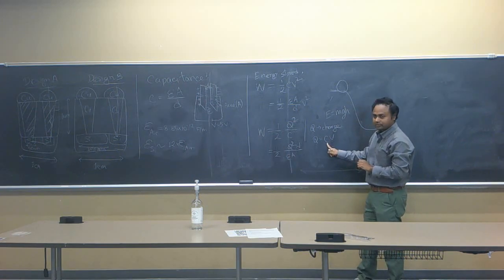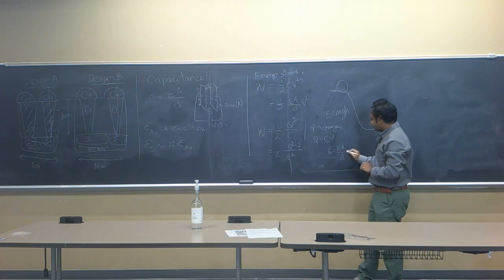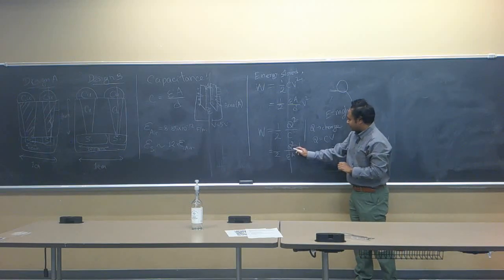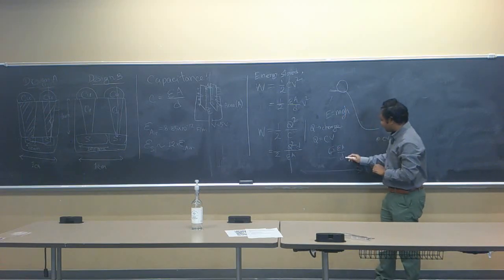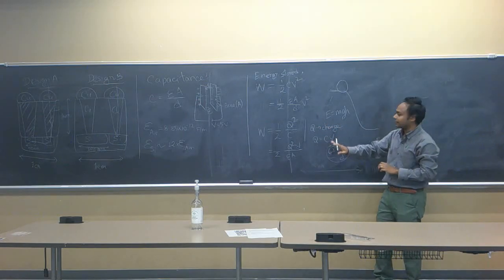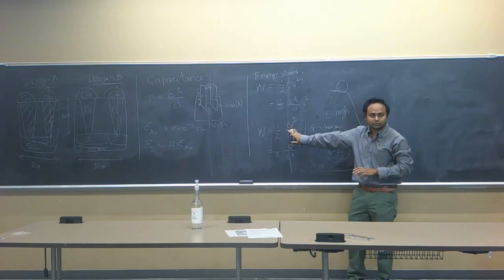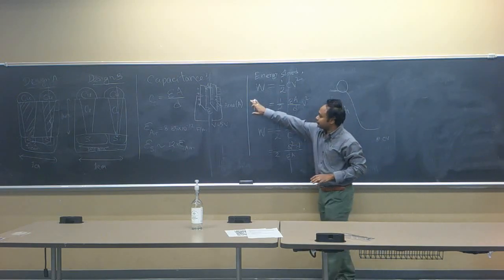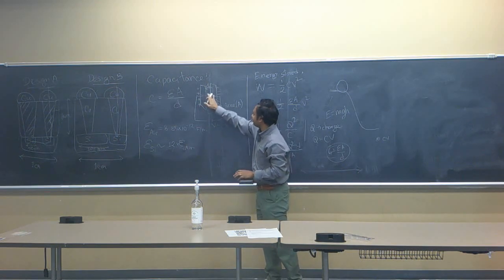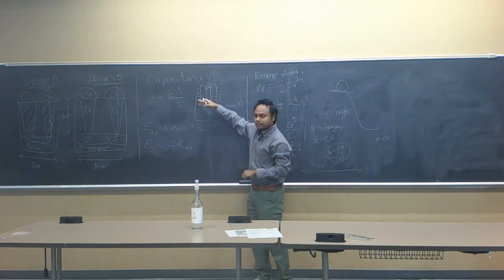How about C? C would go down actually, right? C is equal to epsilon A over D. So if I change D, Q is going to reduce because it changes capacitance. The point where we were making some contradictions is that we were not considering that when one parameter changes, it may also impact the other parameter. In this situation, where we have voltage connected across these two copper plates, the voltage is always going to remain fixed. What may change is the charge.